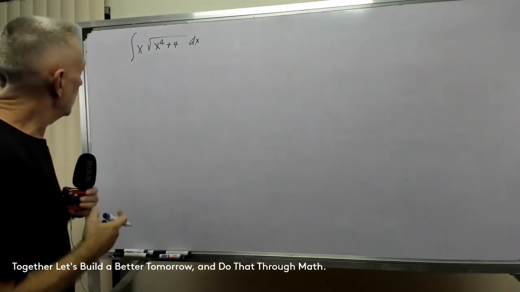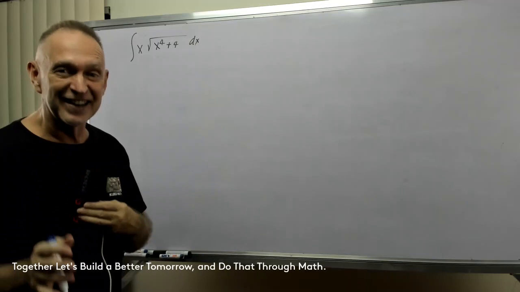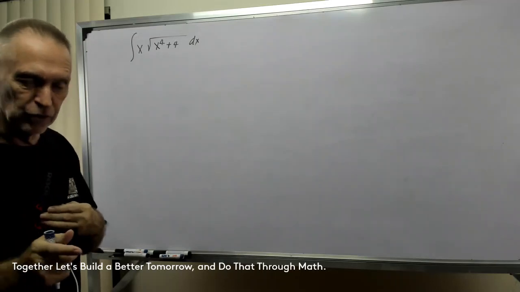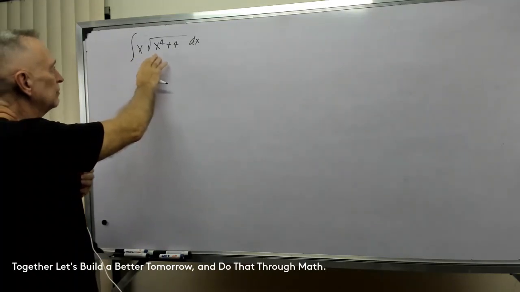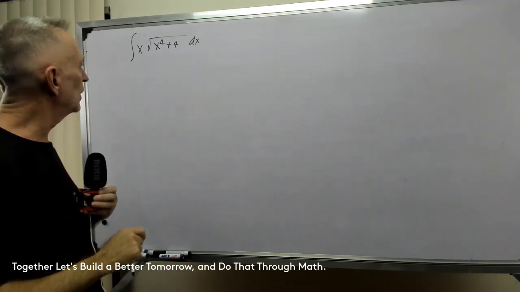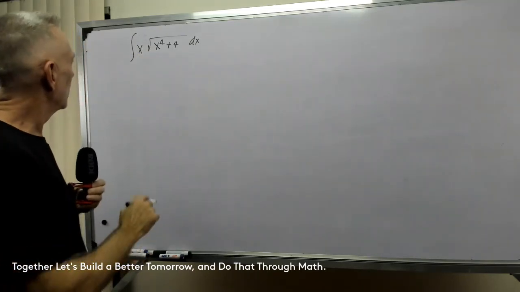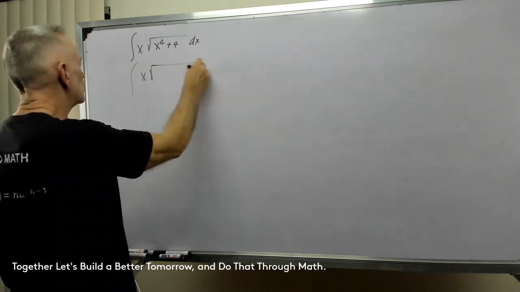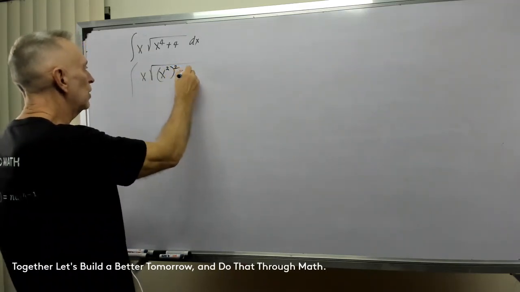Okay, all right, let's jump into the lesson. We have along the theorem, the theory of where did he get that formula. Let's look at this integral and see how we can utilize various tools to end up with a pretty good formulation. We have the integral of x times the square root of x to the fourth plus 4 dx. What to do? Well, we have an x I'd really like to get rid of. That complicates this. So let's rewrite this as the integral of x times the square root of x squared, squared, which gives me x to the fourth, plus 2 squared